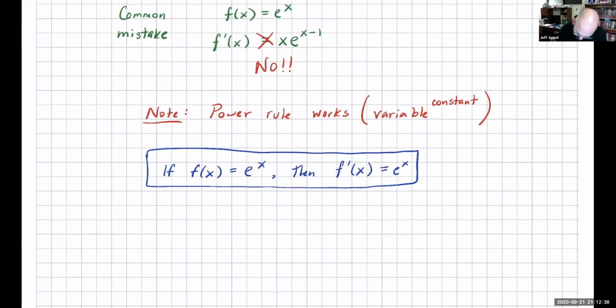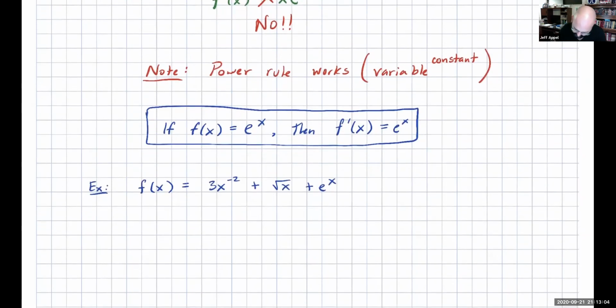So as maybe a final example to close things out here, let's suppose that we had a function f of x, and let's just make this something pretty nice. Let's say we have 3x to the negative 2 power plus, I don't know, let's say the square root of x plus e to the x. And let's say we want to take the derivative of this function. So the way we would differentiate it, f prime of x, is, all right, so in the first one, simple power rule, right, negative 2. Bring it down front, you already have a 3 there, so the 3 multiplied with a negative 2 is going to give you a negative 6, x to the, and then replace your power by 1 less, so negative 3,